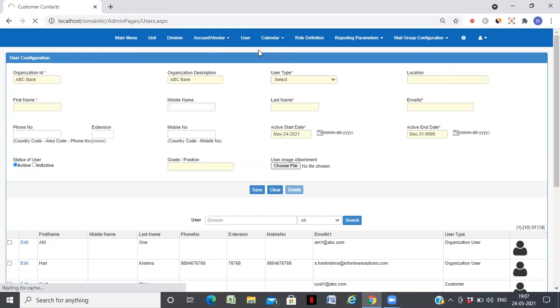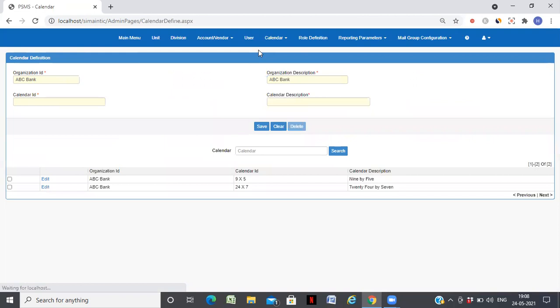Similarly, I have defined various support calendars. For example, my customer could be in the Middle East, the US, India, the UK, Europe, or any region. I can configure the time of the support calendar. It could be a 9x5 calendar or a 24/7 calendar based on the contract which we have. And I can set up the calendar also.